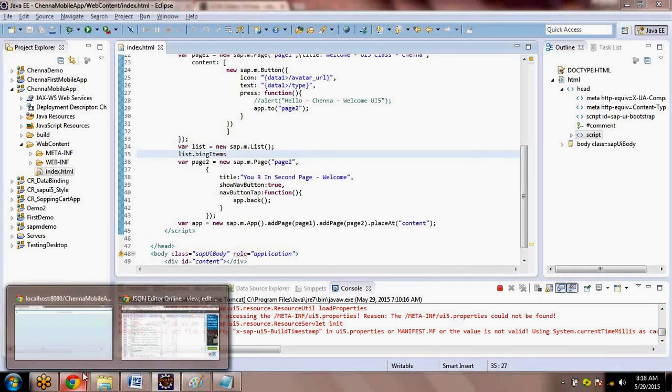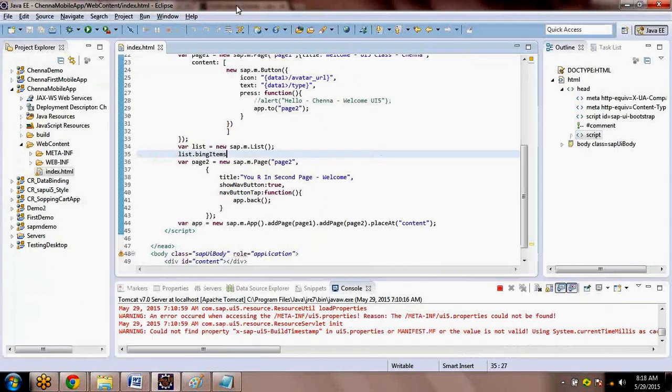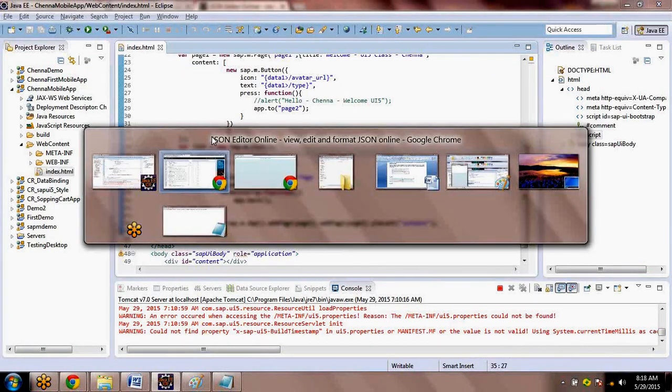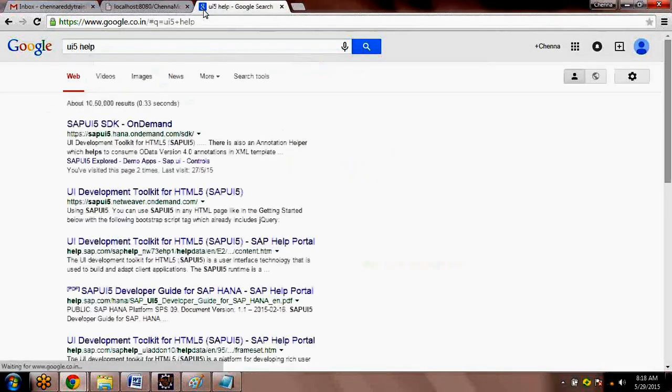You can look at the help if you want. SAP help, sorry, not SAP help, UI5 help. Click on this one.